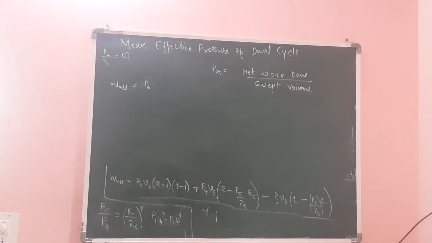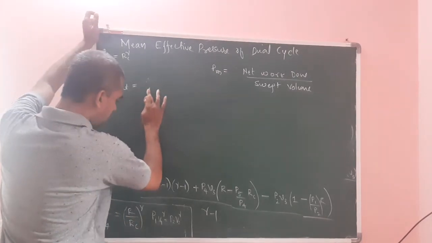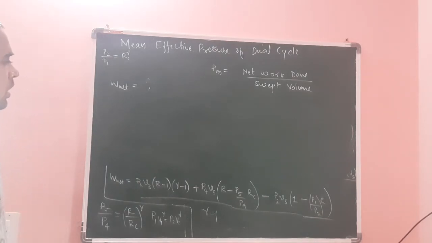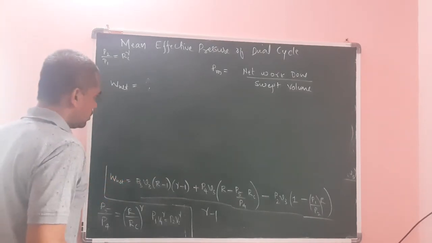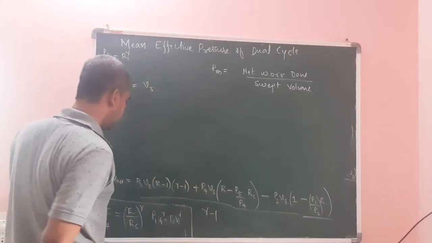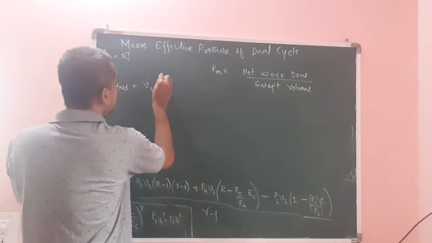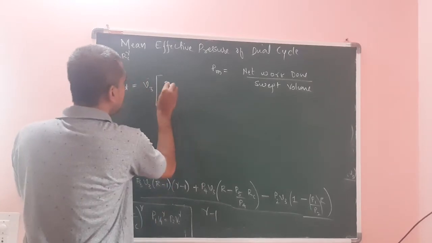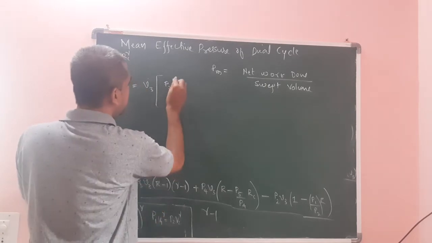P3 I can take common here. Before taking that P3 as common, we will take only P3 as common initially. I will tell why, because further we will take P3 also common. Initially I will take only P3 as common. Okay, P3 if I take common, what will remain there inside? P3 into R minus 1